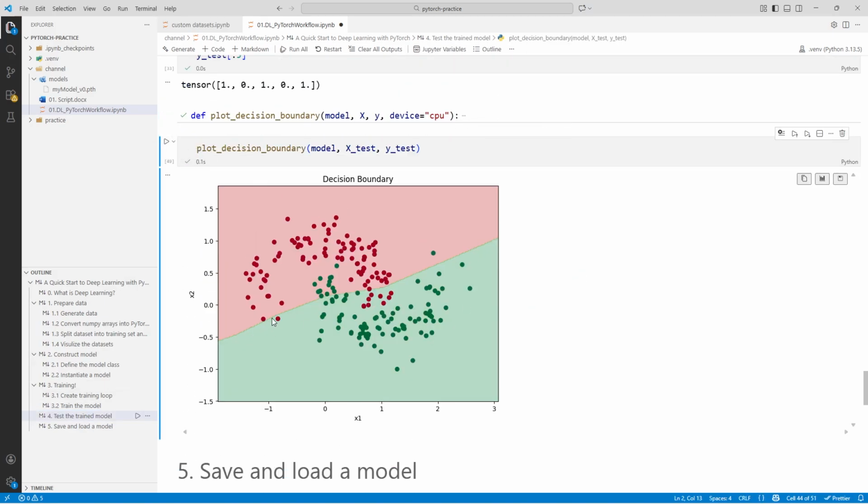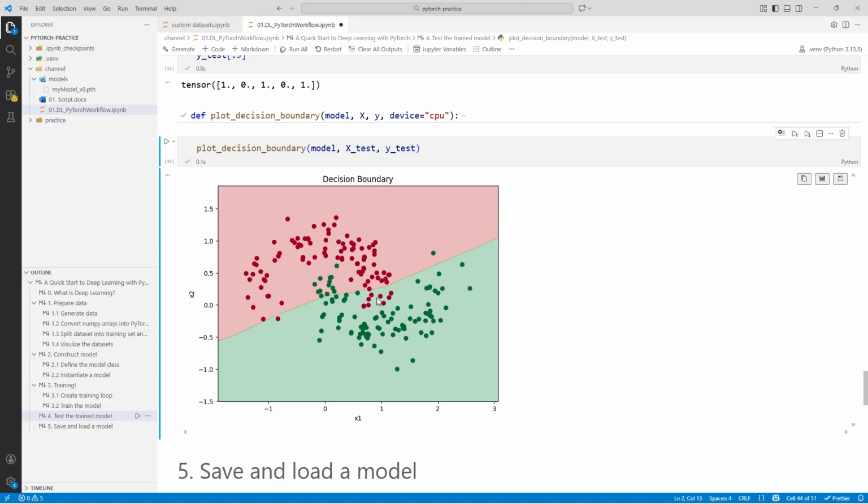This is the result after training for 1000 epochs of our model. And as we mentioned before, if we want to improve it, we just need to keep training for more epochs.